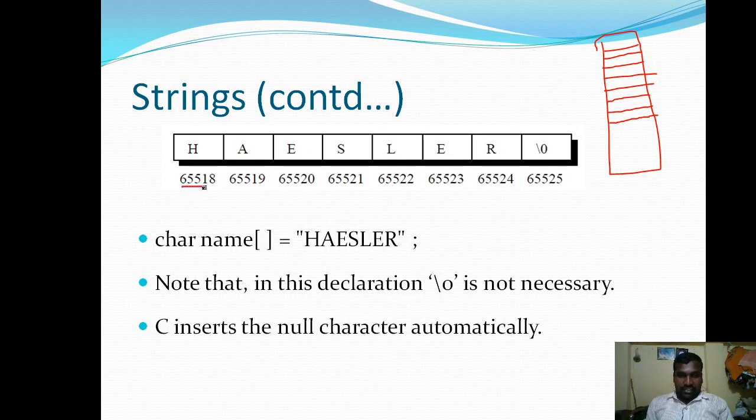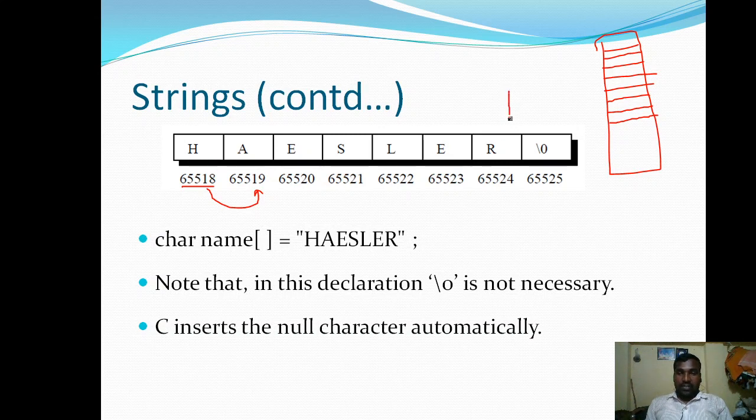So here 65518 is the starting address of this particular array, this particular string. H is the starting letter, then after that 65519 is there, so plus 1, right? Every character occupies only 1 byte of memory.